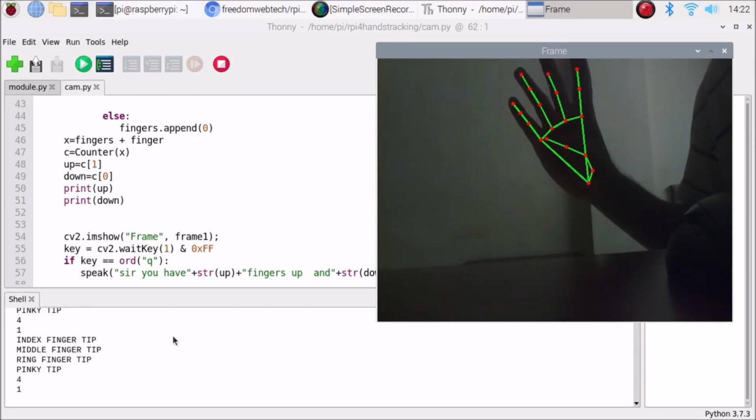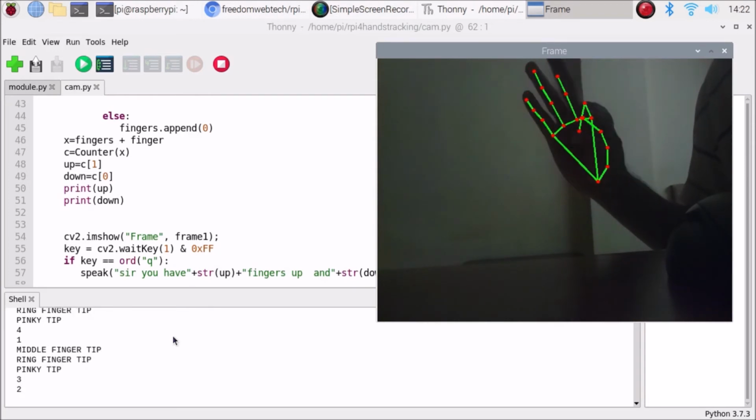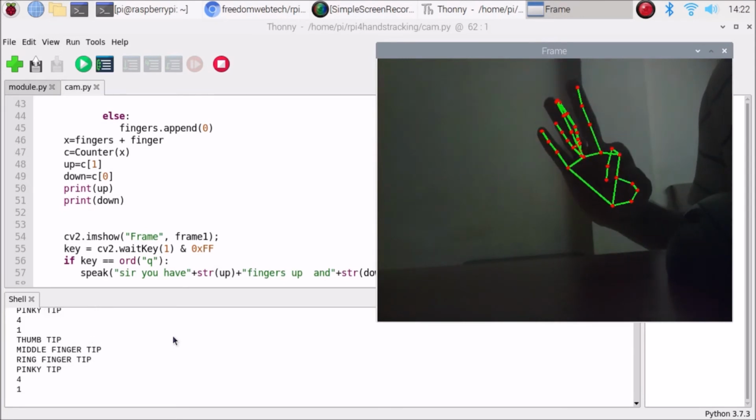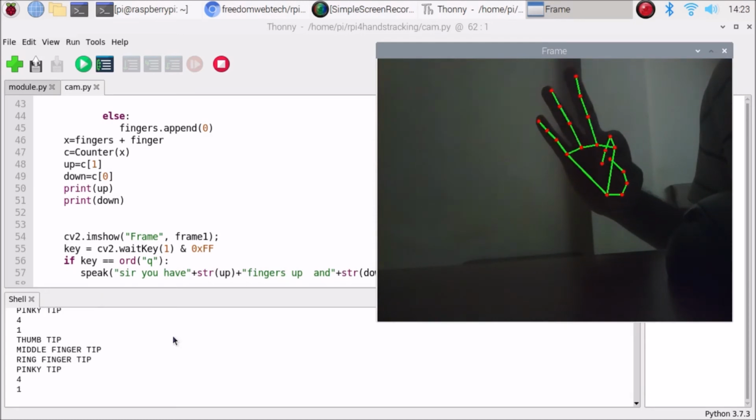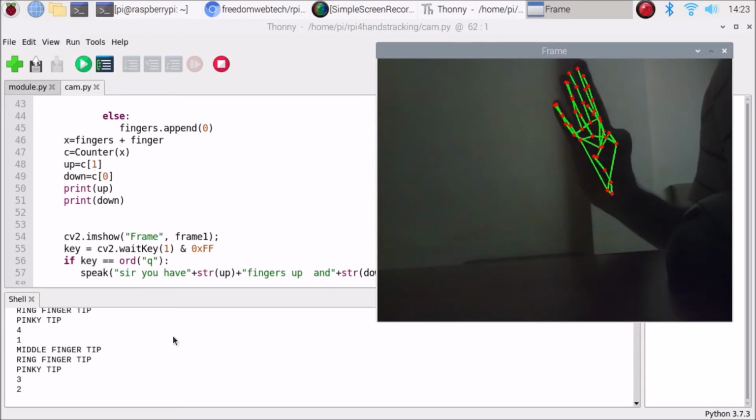Now if I go with 3 like this way, as you can see 3 fingers are up, 2 fingers are down, and it also mentions the 3 finger names. Okay, middle, ring, and pinky tip.